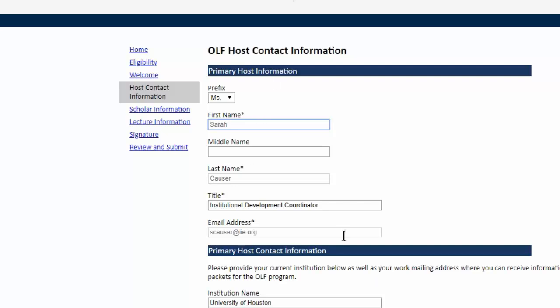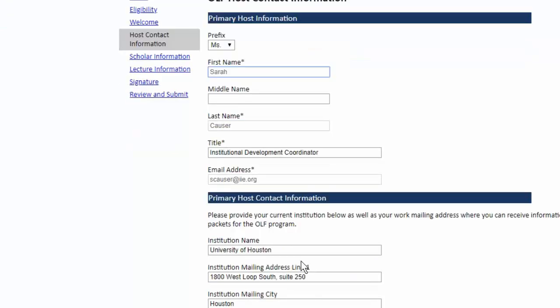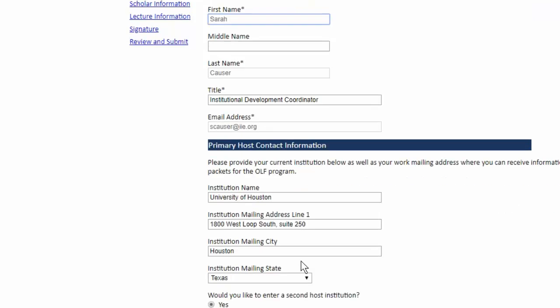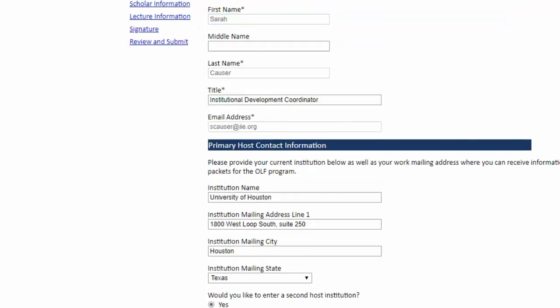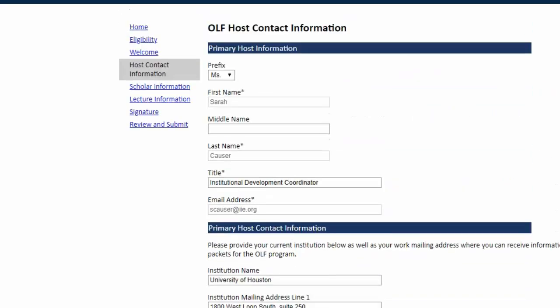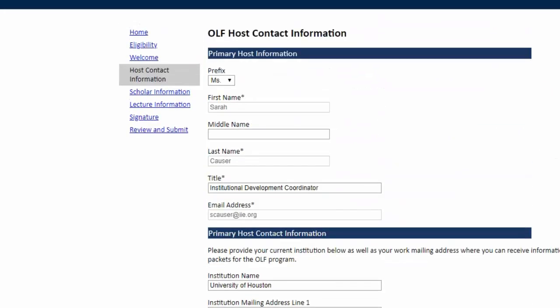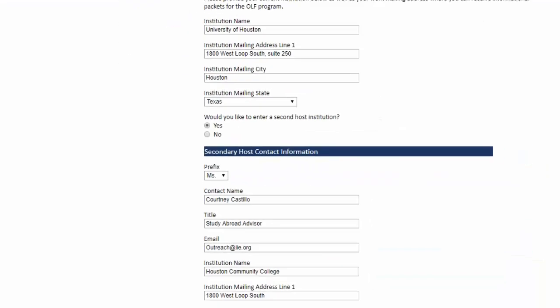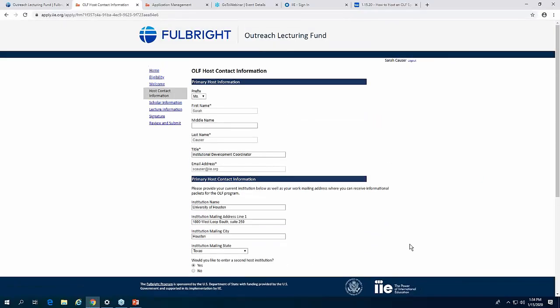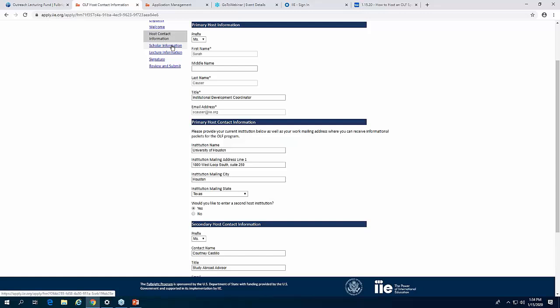So I am the primary host applying. I put in my title, and then I'm pretending I'm from the great state of Texas, located in Houston right now. So I've decided that today I'm applying from the University of Houston. I put in our address. And then I said I did want to add a secondary host institution rather than not. And then I went down and I added that, whoops, sorry, my mouse is deciding to do something else. So I added my partnering institution as Houston Community College, which is just down the road. So from there, I would hit continue,